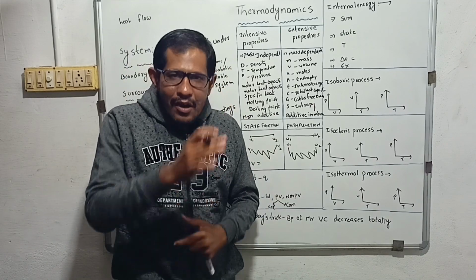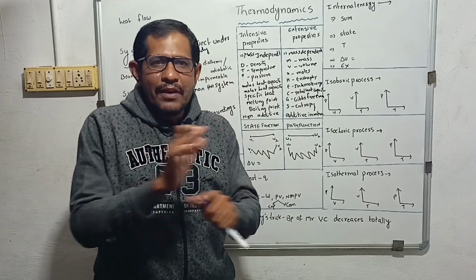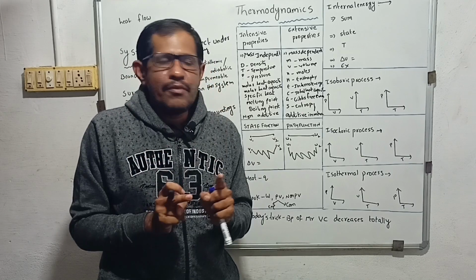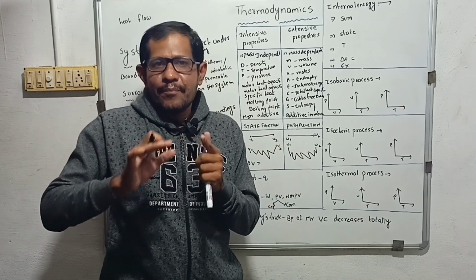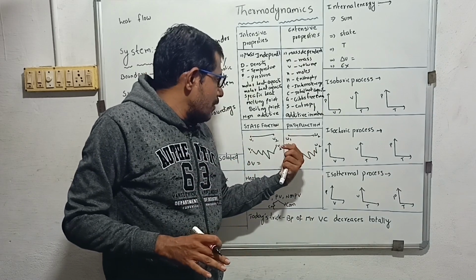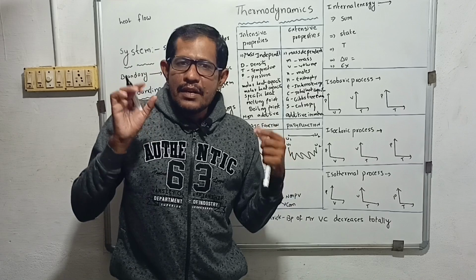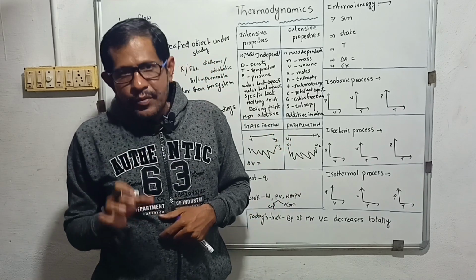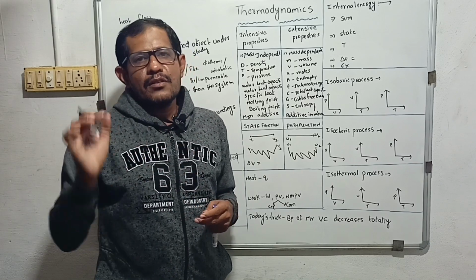So it bothers how the path happens, how the change happens, right? State function does not bother how the change happens, it only depends on initial and final value, but the path function bothers how the work happens, how it comes from one point to another point. That's why state function depends only on initial and final values, but path function depends on how the change happens, on the path also, right?